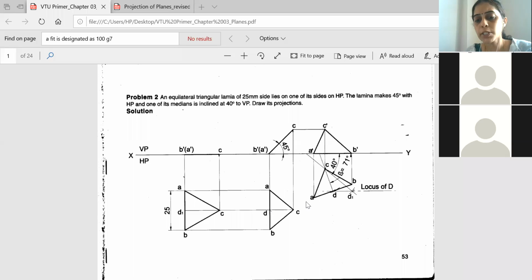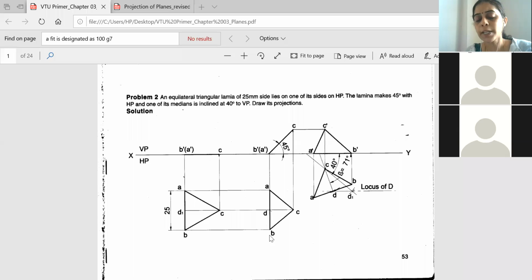So what you will do is you will just draw a line which is exactly 90 degrees to our median. After drawing this line perpendicular to the median, you will measure the distance from D to A, how much it is. So keeping this point, you will cut an arc. You will get the D to A distance.